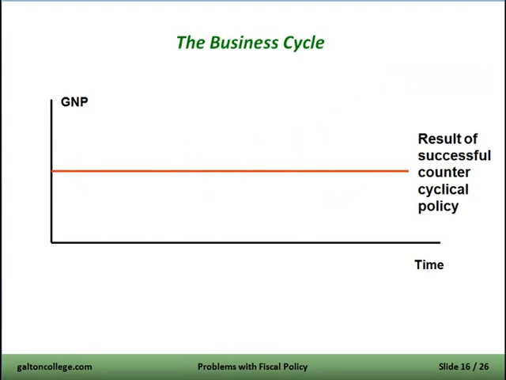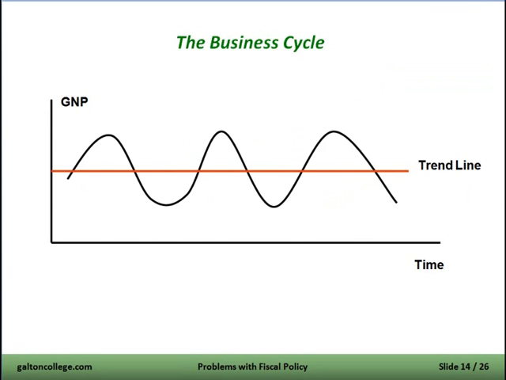In truth, the government doesn't know when to intervene. The government doesn't know which part of the cycle we're on. Go back to this one for a second. The government doesn't know if we're here or there. Data is out of date. Statistics are out of date. So the government's using statistics collected 6 months ago, maybe a year ago.